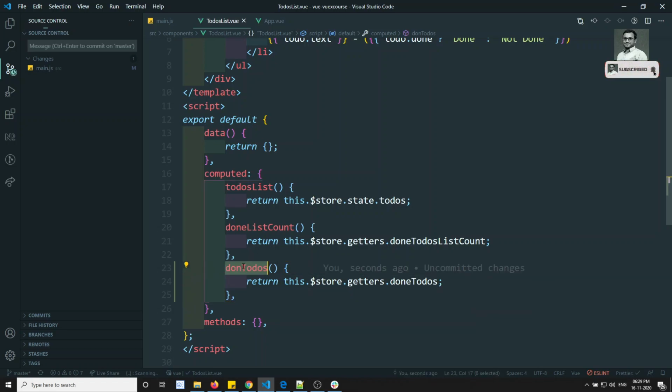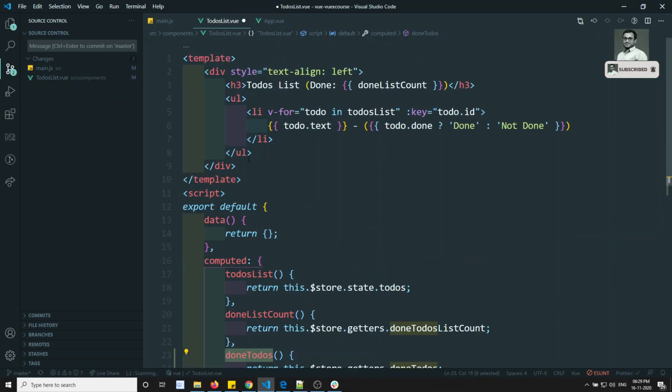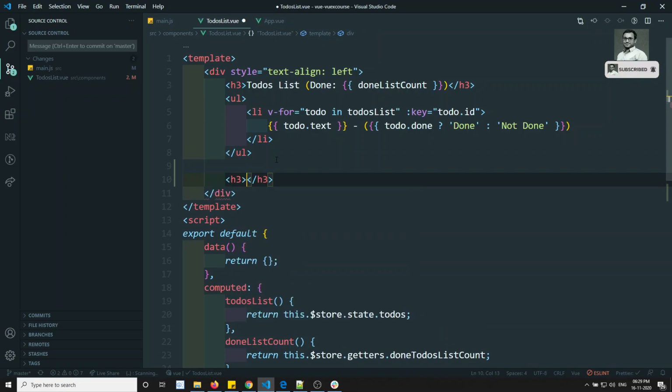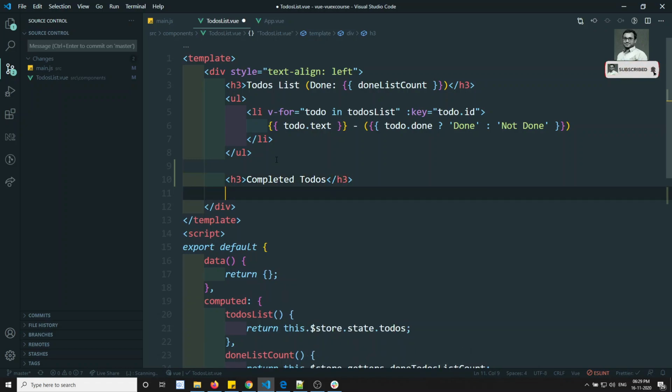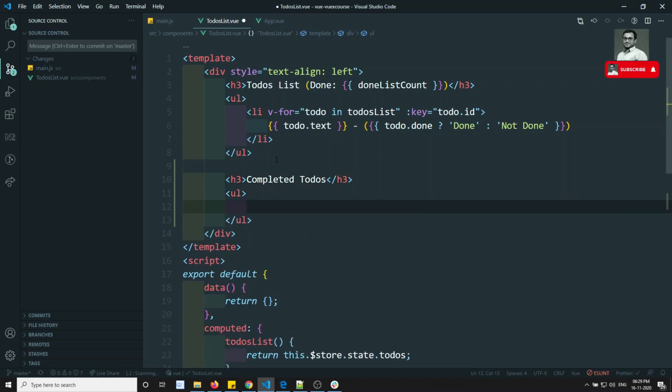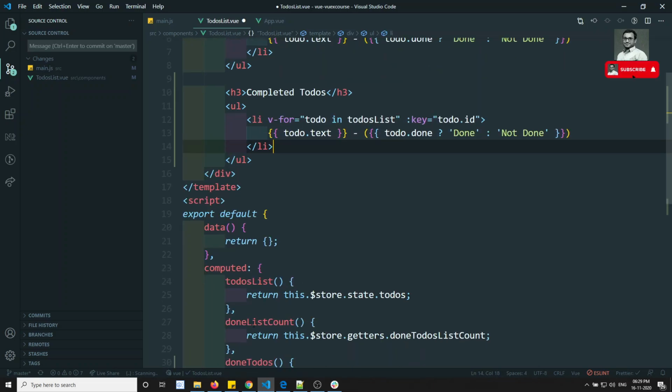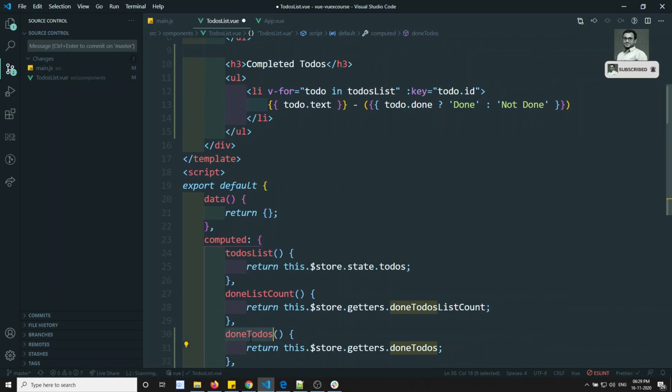Sorry, I have written the wrong name here. Now I can write something like an h3, or anything, like completed to-dos, and here I can write the ul. I can copy this li for the time being, and here get these to-dos.